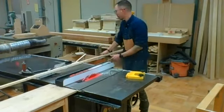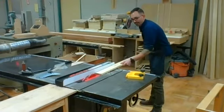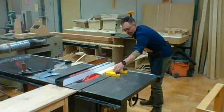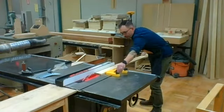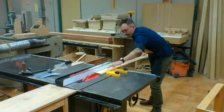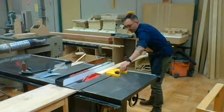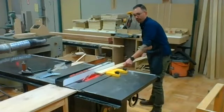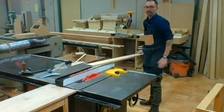So the easiest way to do this, I take the board, hold it in my hand. I set it up against the fence. Push my fingerboard up against it. Make sure there's no gaps anywhere. I push it in just slightly to the board. Turn the magnet on. Then I move the back one. Make sure it's firm up against here. Turn the magnet on. So we are ready to use that. This allows my board to slide this way, nice and easy, keeping an extra hand free for me